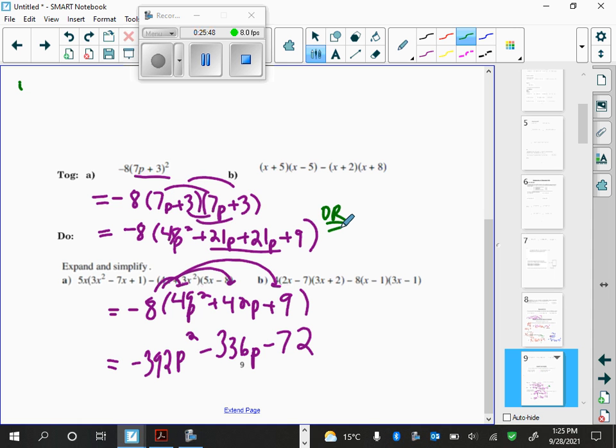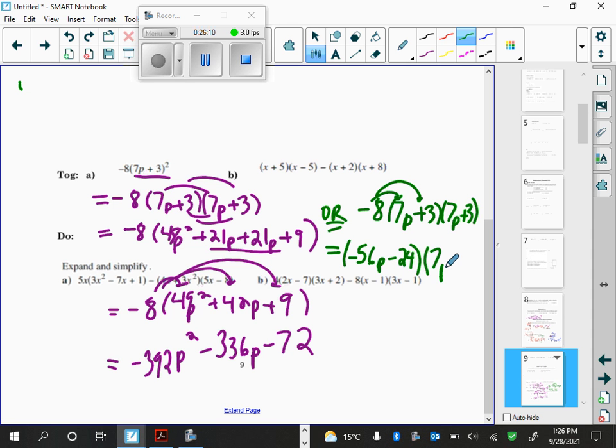And sorry, I'm just writing over other questions because I want you to see it. You could do negative 8. Well, this might be less fun. I might run out of room here. Which means distribute into the first bracket, which is negative 56p, subtract 24, and 7p plus 3, and then FOIL that,